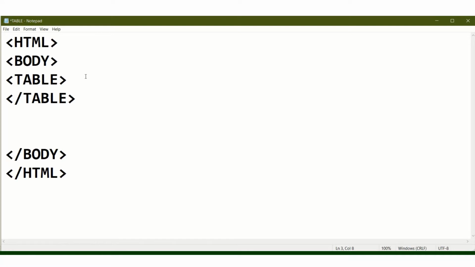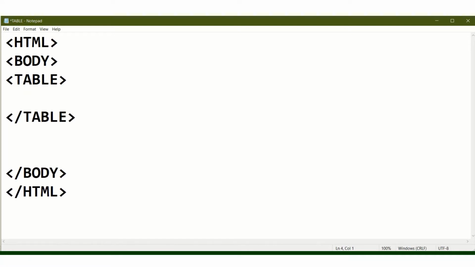Okay, and within the table tag I am writing the tr tag and td tag. The tr tag is used for the table row. First I am writing the tr and then closing tr, that means tr is also a container element.